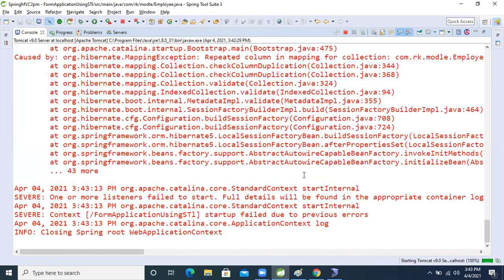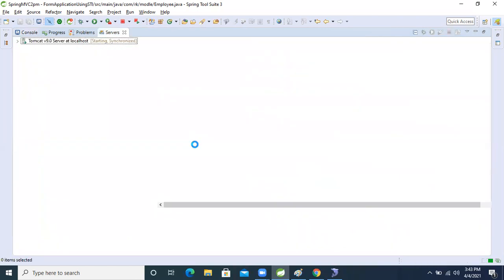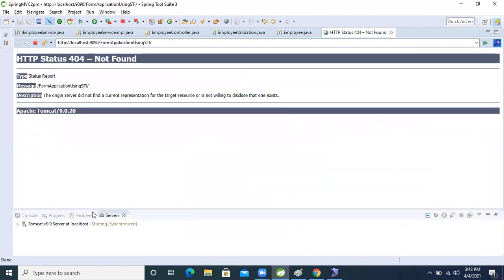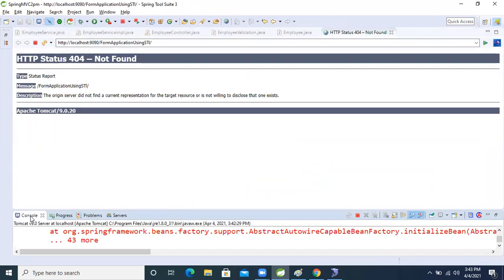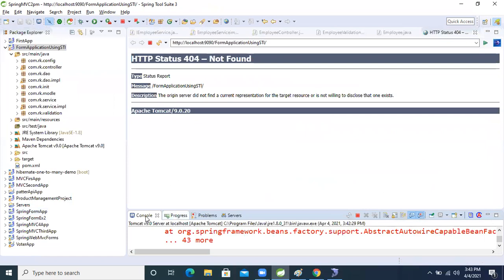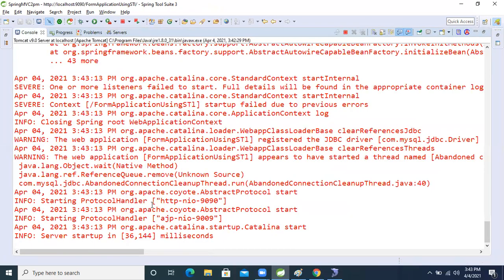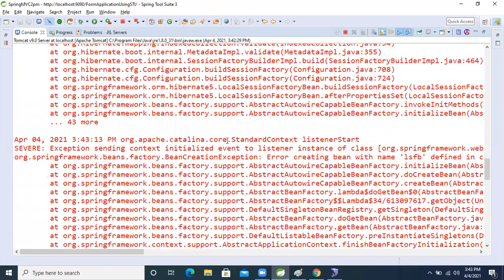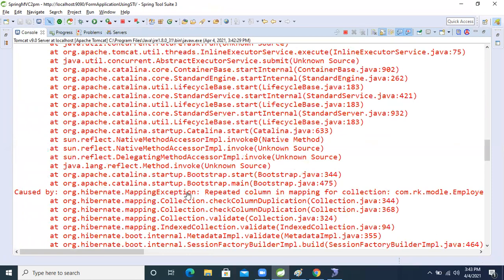Yes, guys, something is wrong, I think. We are getting an error. What is the error? See that. Standard listener. Okay, what is that? Mapping exception.